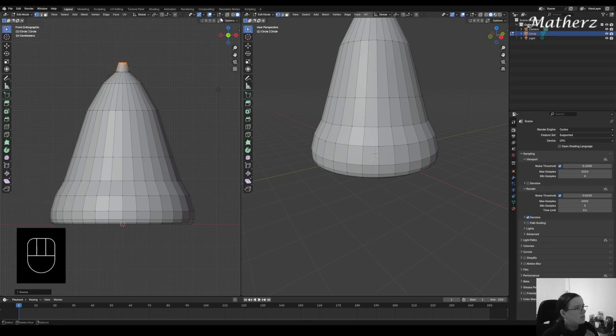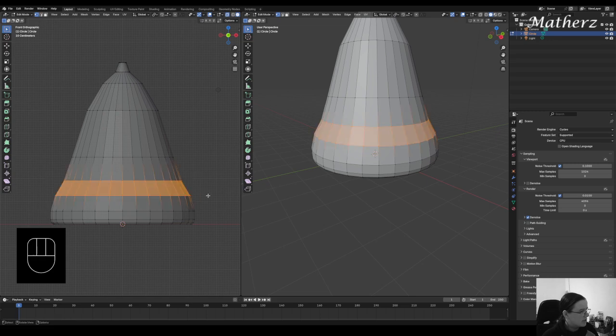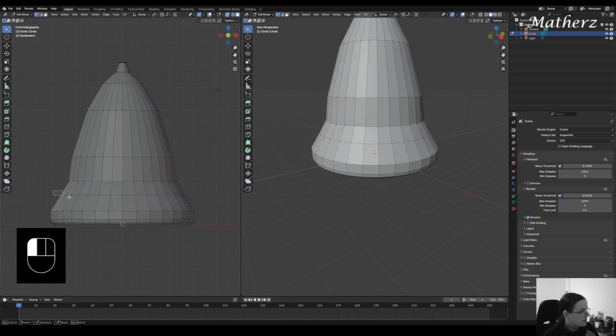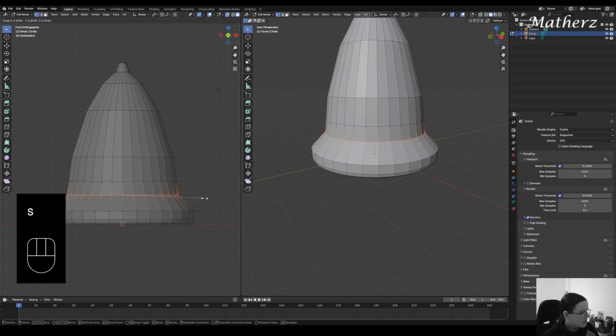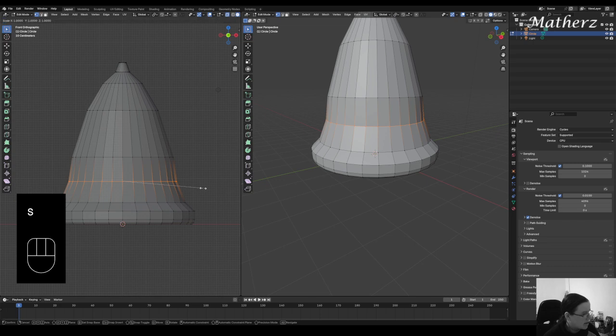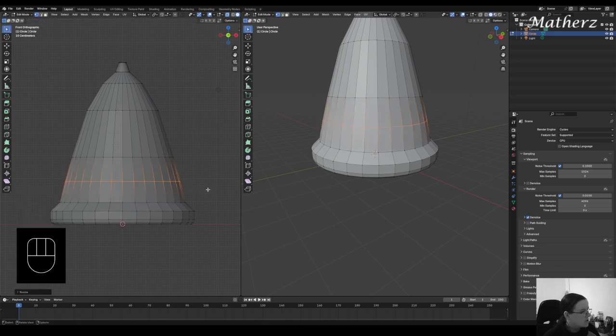As such. So what I'm going to do is go on the X-ray and pull, I think, these two inwards just a little bit, so you've got more of a bell shape. And then I'm going to take these ones, pull that in and pull this down. And then just amend this as it needs to be. Just at this side, just as such. Okay, so once we've got this kind of shape going,